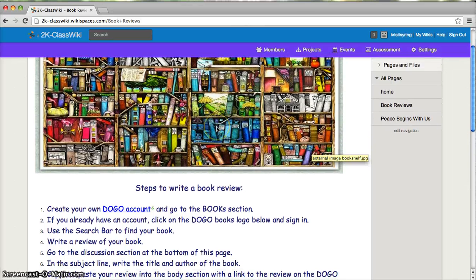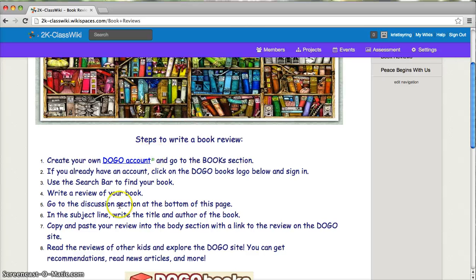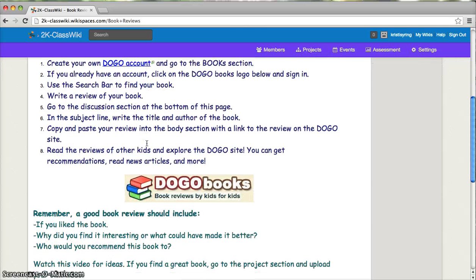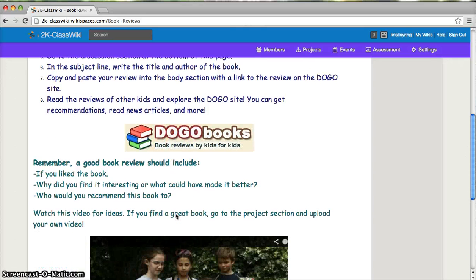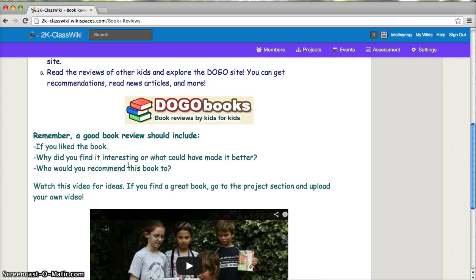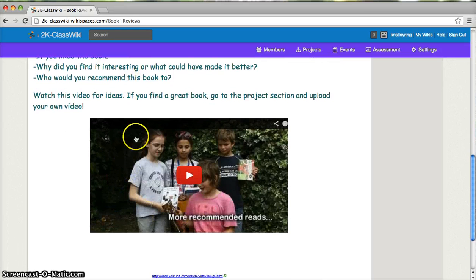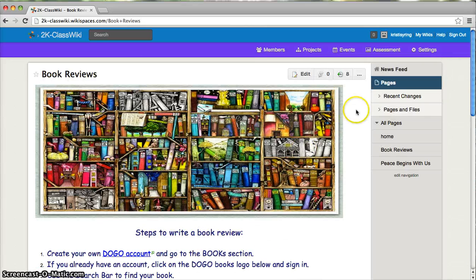I found this graphic online and I uploaded it with that external file. I have the steps how to write a book review here. I have a graphic that's linked to the Dogo Books site. An overview of what a book review should include, but this is again just a really simple starter version. And then I also uploaded a video of students reading or talking about their reviews of books they enjoy. Now, I'll show you all the different aspects of this page. So if you hit edit,